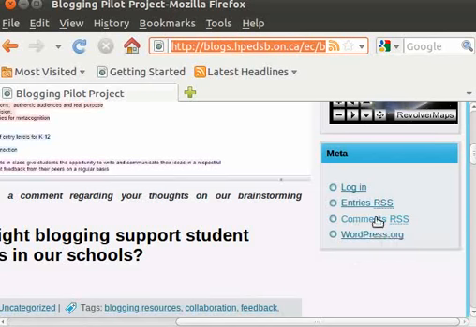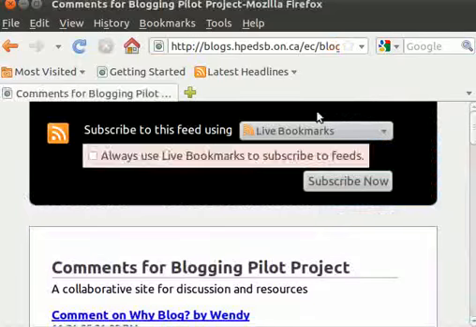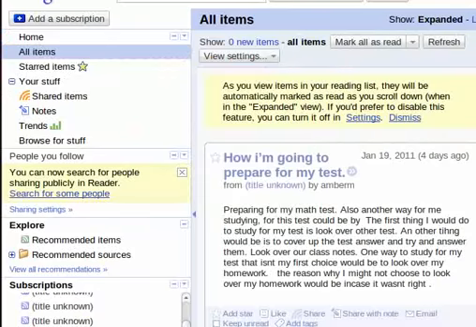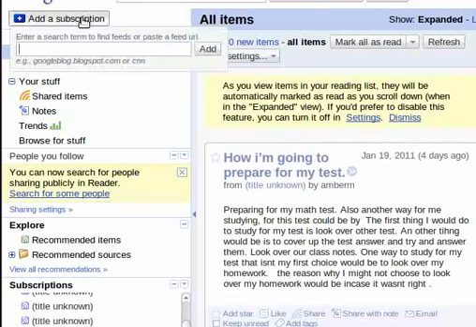So if you want to follow the comments on this blog, again, just click on comments RSS, and if you copy the link to the page that you've just been taken to, that will allow you to follow the comments. So I'm going to copy that link, I'm going to add a subscription, and I'm going to post that link in here. And notice the form that the link takes: the URL for the blog / comments